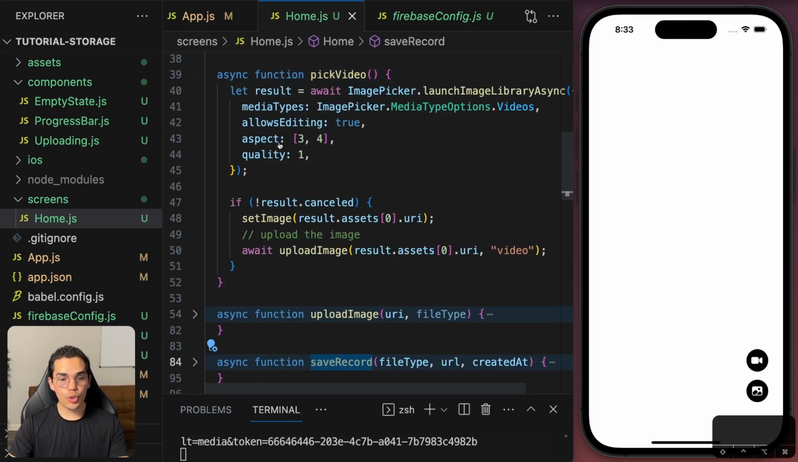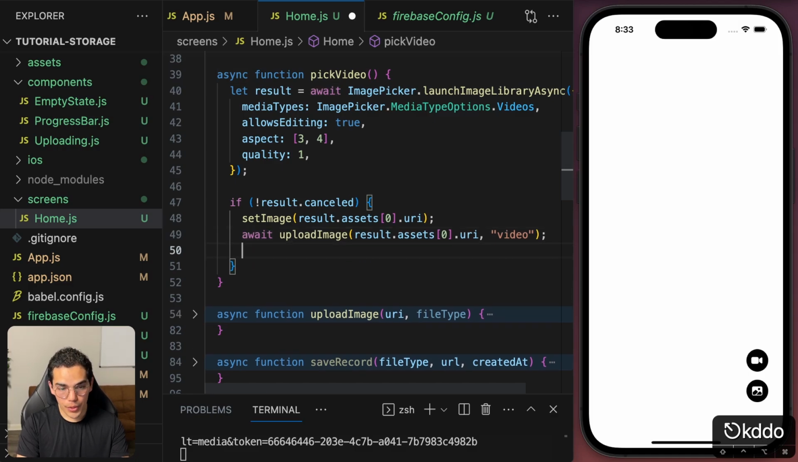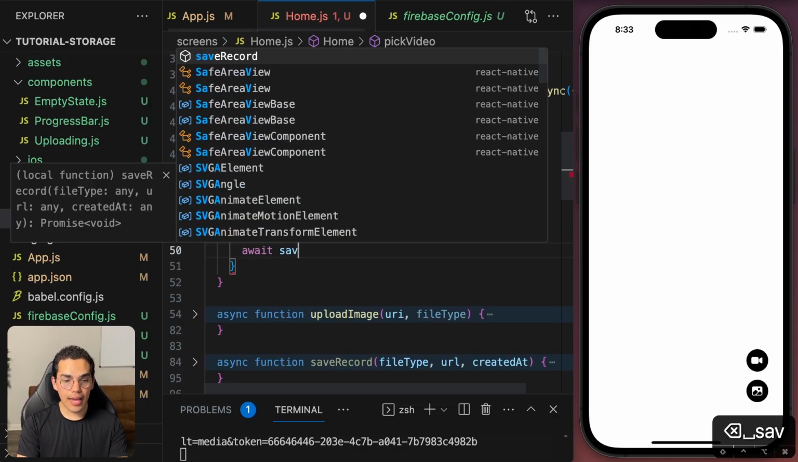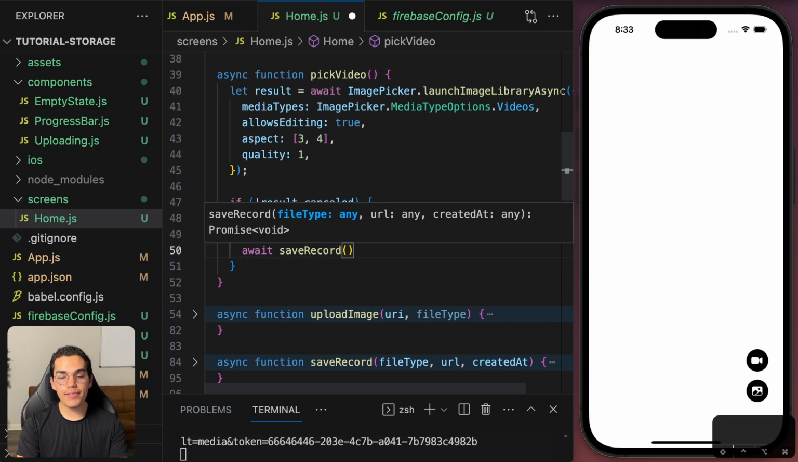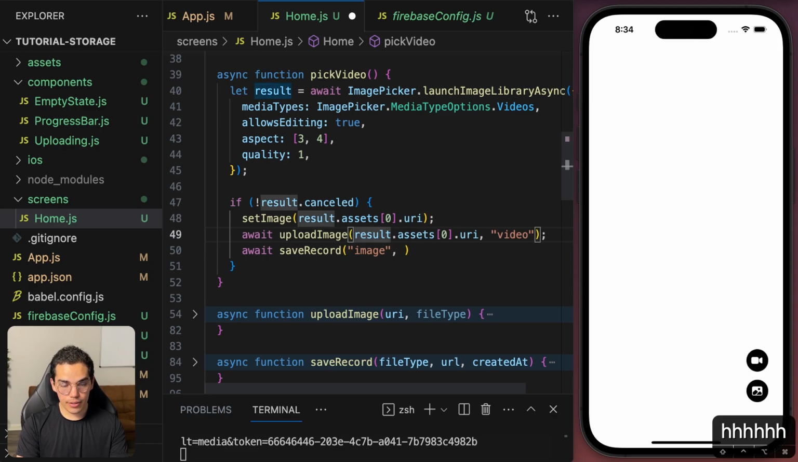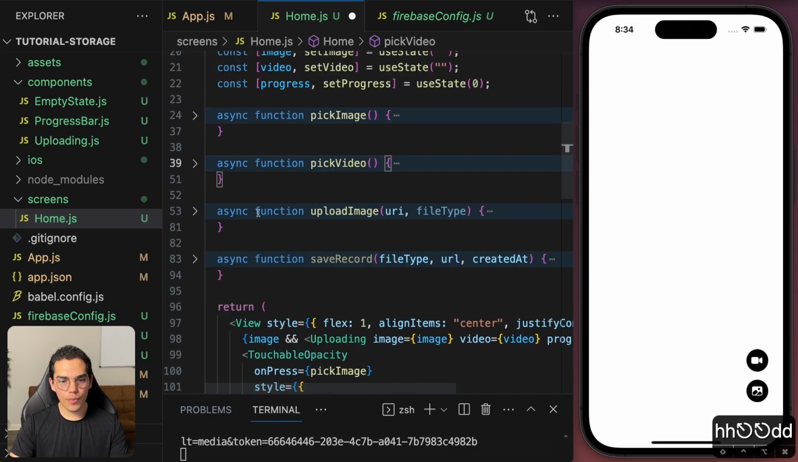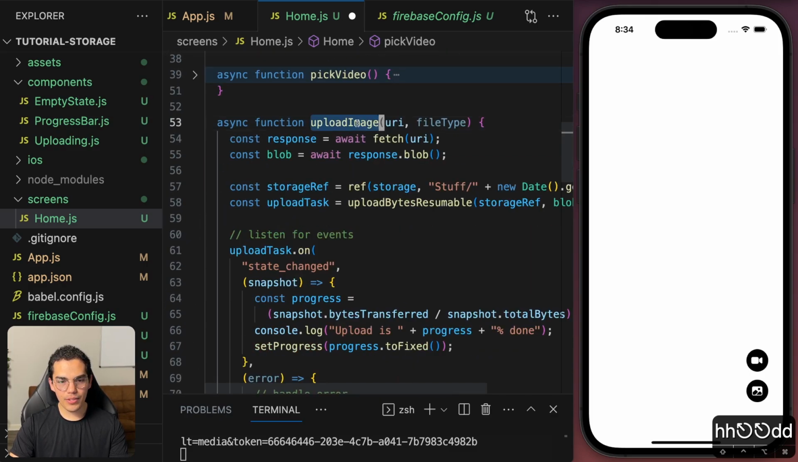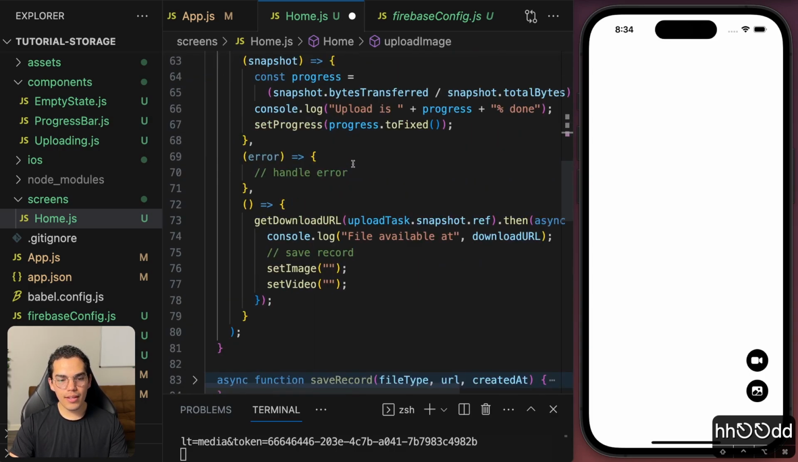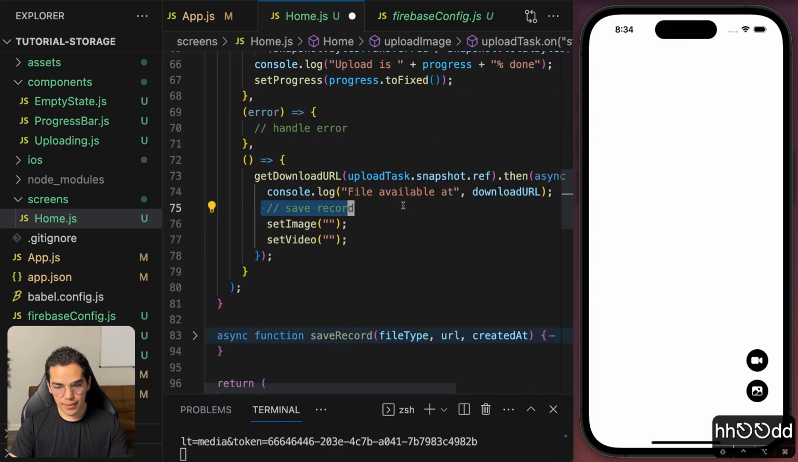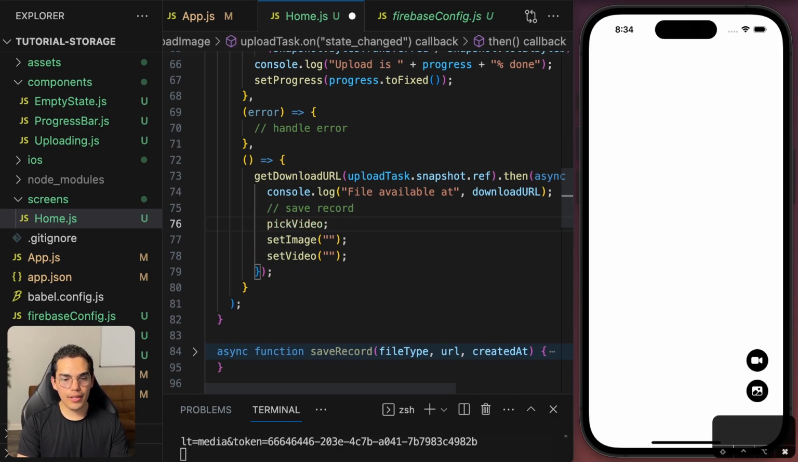Now let's try to do that here. After we upload the image, we can say await saveRecord. We can pass the file type, which in this case is going to be an image, then the URL. So this is going to be a little tricky because we cannot access the URL at this point, because here we are just picking the video. So the place in which we want to save the record is in this function uploadImage, after we save the image. Okay, so here I'm going to